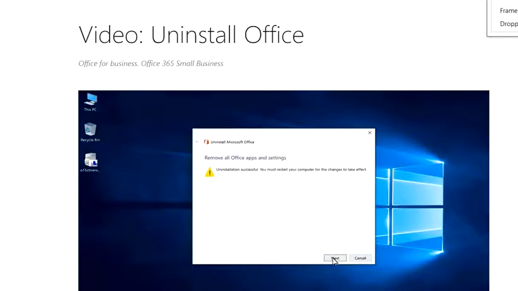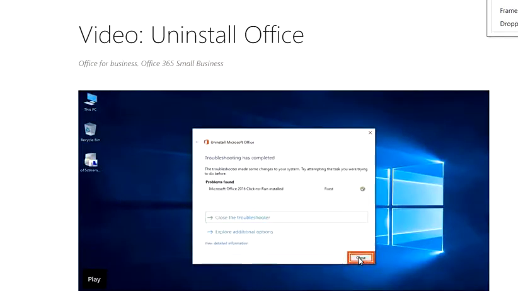Okay, so this is the process of the uninstallation. So for the uninstallation, first of all, you have to open the control panel. You have to select the programs, and after this, you click on the program that is present in your PC. Okay, so the particular Microsoft Office program that you want to uninstall is uninstalled by clicking on this uninstall button, right?